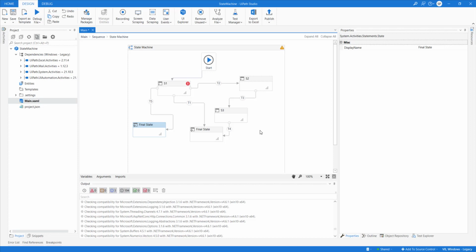Take the example of a flowchart. What do you do in a flowchart? In a flowchart you have one start, right? But it could end up in different situations. It could end up in a situation when you need to call an operator or you need to stop a bot. So calling an operator is a final state, or stopping a bot could be a final state. So it all depends on how you want to define where you want to stop a bot or exit from the process automation.